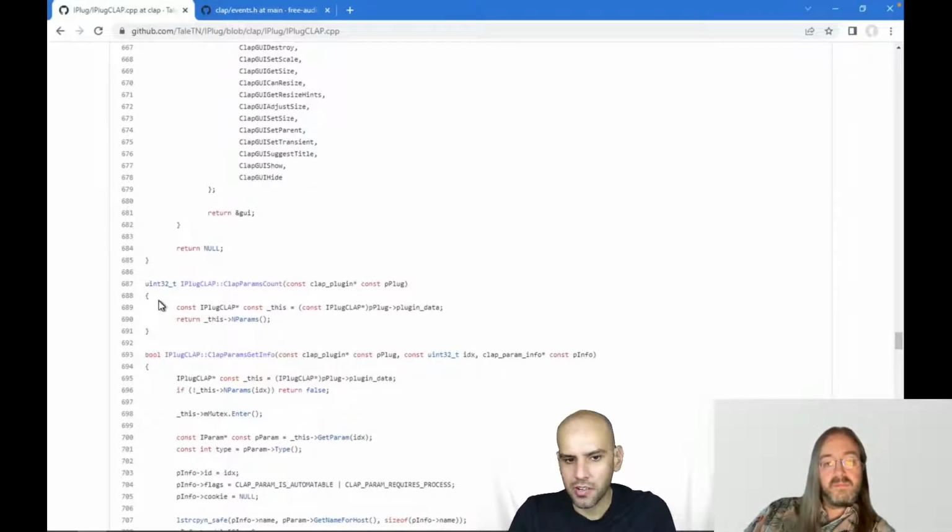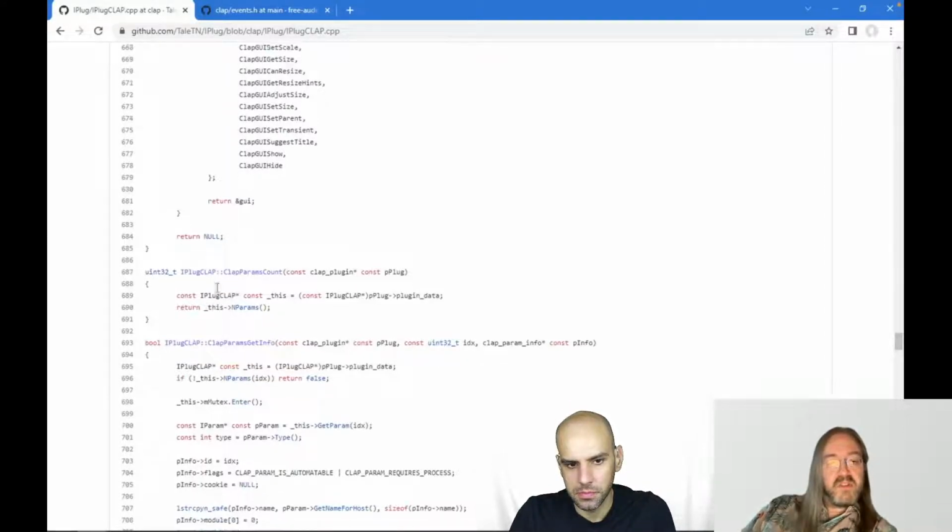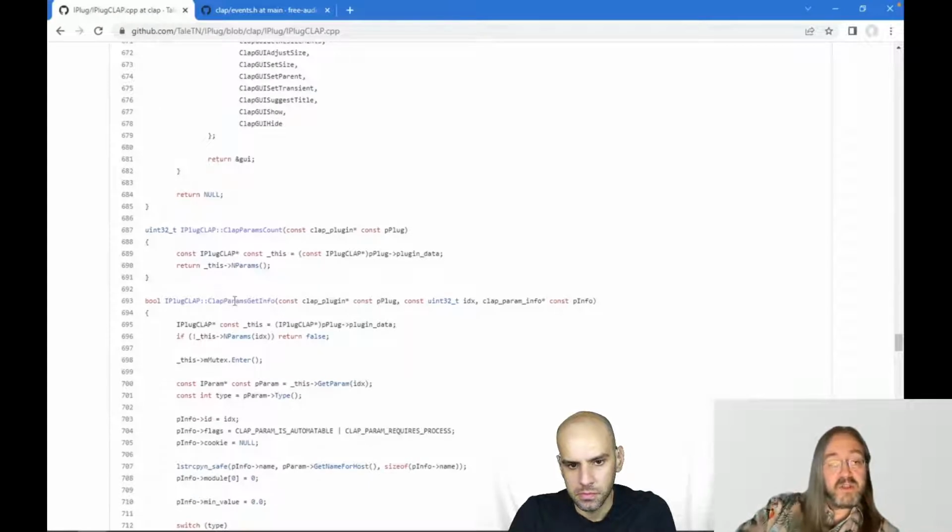That's just a function that returns a number, and we are doing a bit of extra work to make it play nice with the rest of the iPlug infrastructure. And the extra work stands out because it's so small a function. But if you look just below here, we have another function called clap params get info, which gets some information about the parameter, and it immediately starts with the same line again.